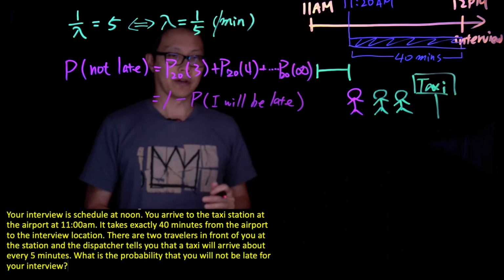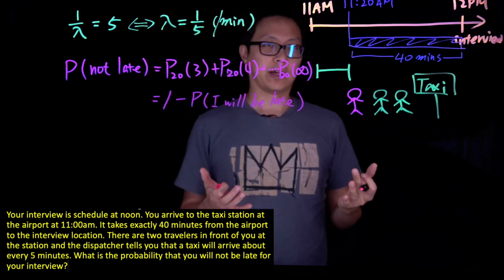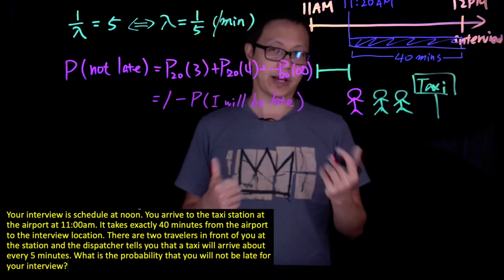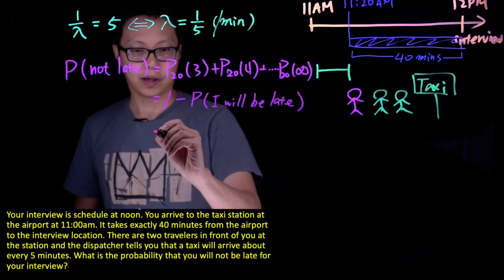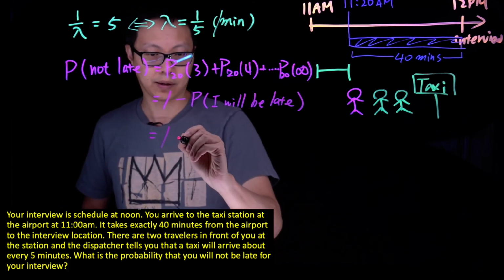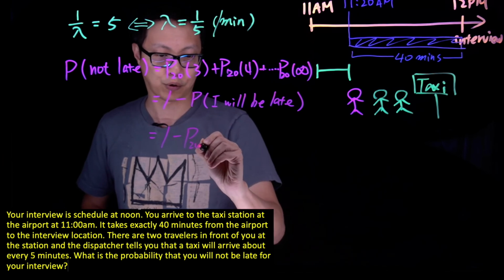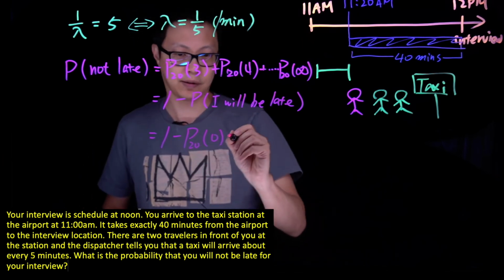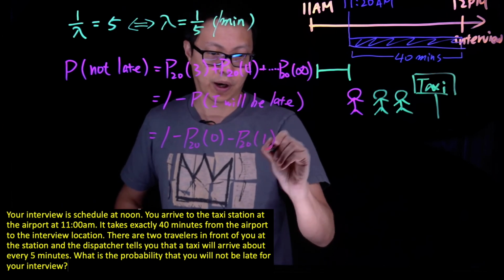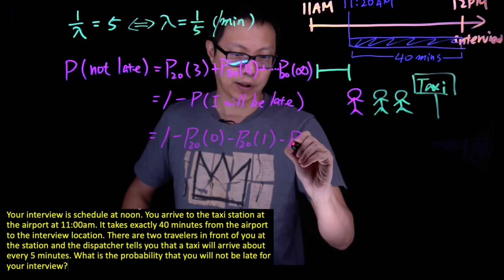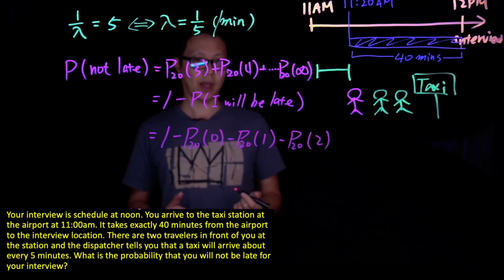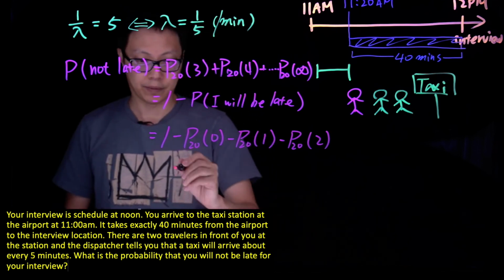Okay? So under what conditions you will be late? That will be a case where you get less than 3 taxis within the next 20 minutes. So basically, there are 3 possibilities. 1, subtract by in the next 20 minutes, we are not getting any taxis. And within the next 20 minutes, we only get 1 taxi. Or within the next 20 minutes, we are getting 2 taxis. Then you just plug in all the numbers.